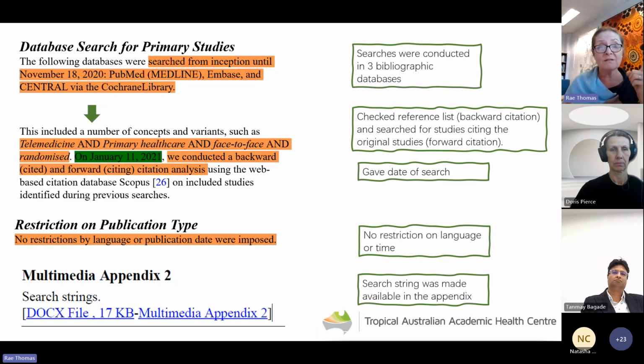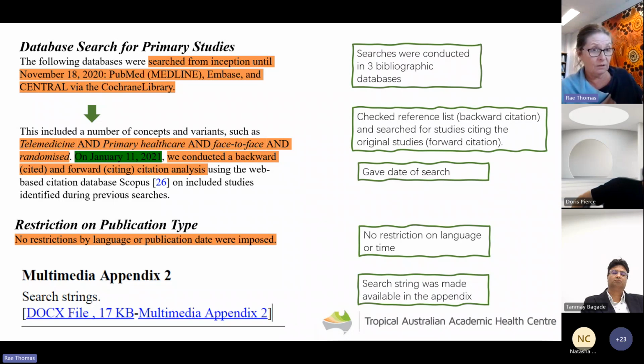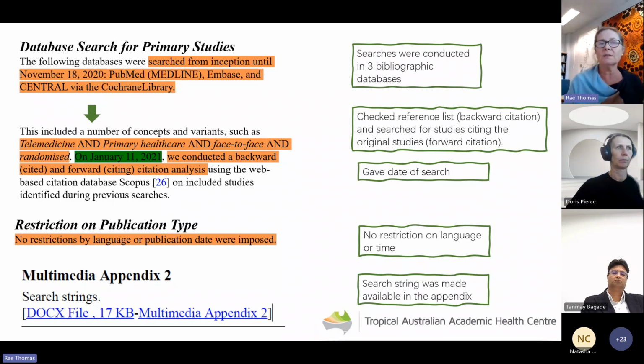They gave me the date of the search. Now, if you're ever doing a systematic review and you want it published, and you as a clinician got busy and your search was like 2 years ago, they're going to say update your search. So your search can't be a year out of date. I told you systematic reviews have rules. So your search needs to be within a year, okay?